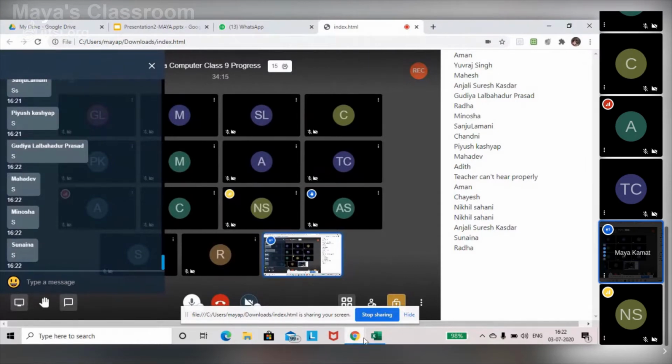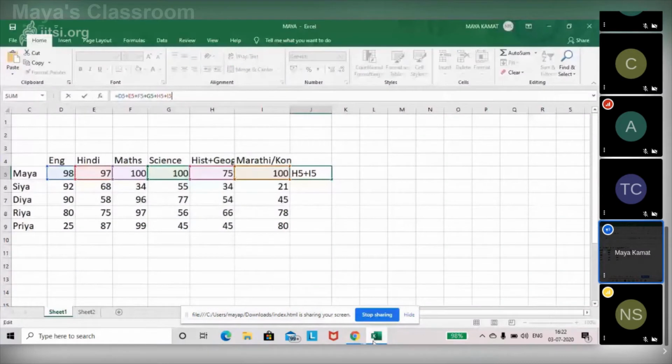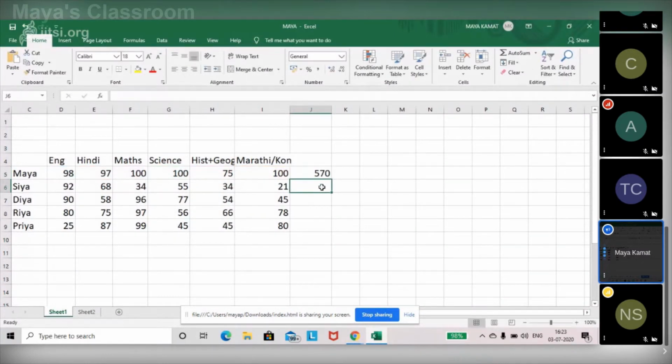Okay, that's nice. So now, how will you apply this formula to the rest of the cells as well? I want this sum formula to be copied in the rest of the cells. I do not want to again do the same task of entering the entire formula by clicking on every cell for the second entry as well. So what is the easiest way I could do?